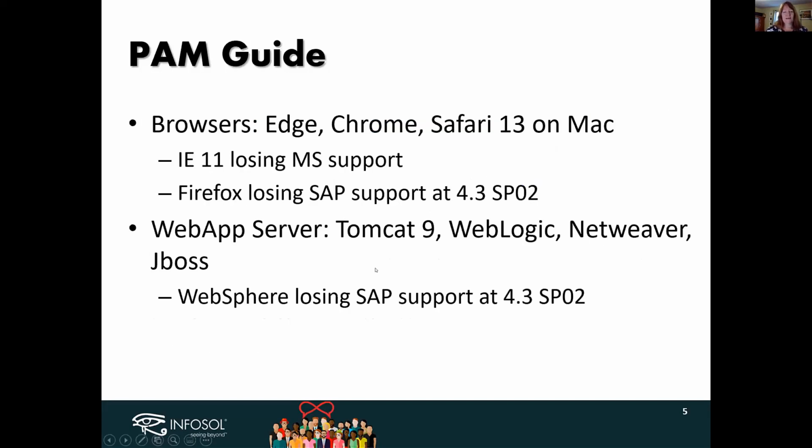Okay, so other things to consider, of course, IE 11. When it comes down to browsers that you'd also see in the PAM guide, IE 11 in general, this is not to do with Business Objects, but it's losing Microsoft support. So you might want to come off of that, and then you're going to have to look at what else is supported as far as Business Objects. So of course, Edge, Chrome, and Safari 13 on the Mac. Firefox,